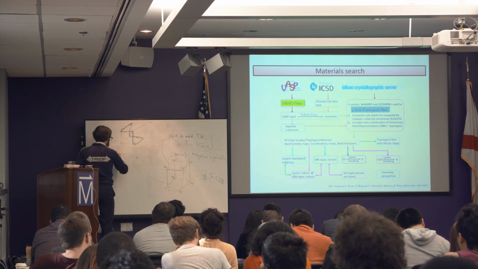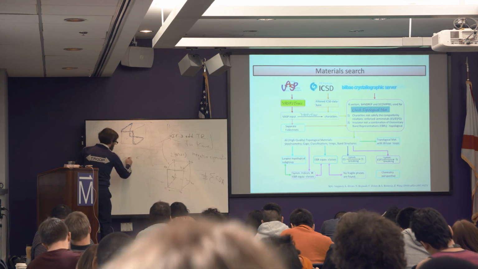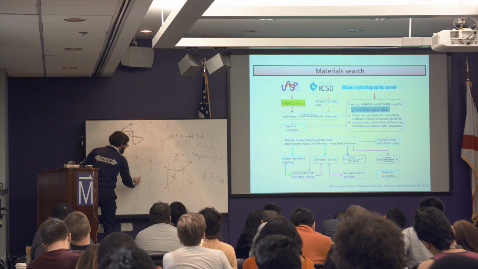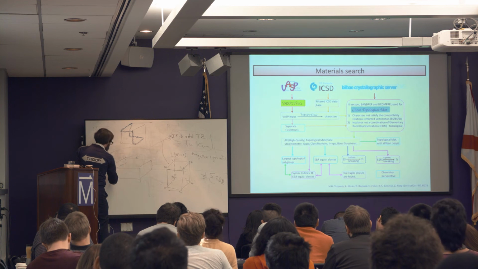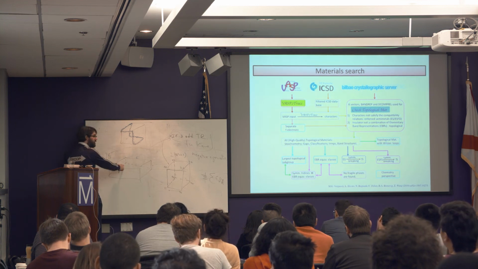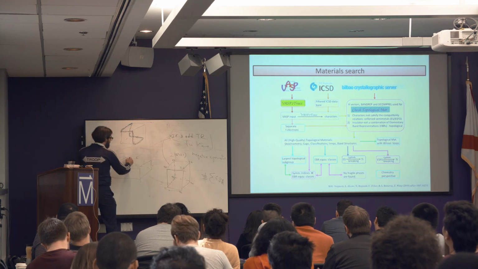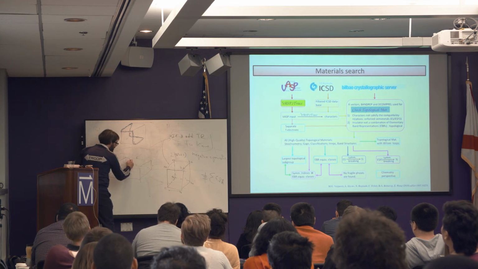So let me take a sample, still 3D, but a thin sample. So this is Chinquy-Shui's experiment. Let me take a thin sample like this and add a magnetic field. This was a TI before, so I put time reversal, now I break time reversal. If it was a TI, I had the Dirac cone here, but then I gap the Dirac cone here, and